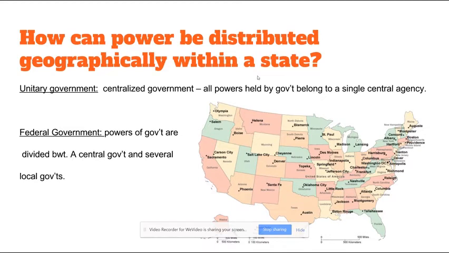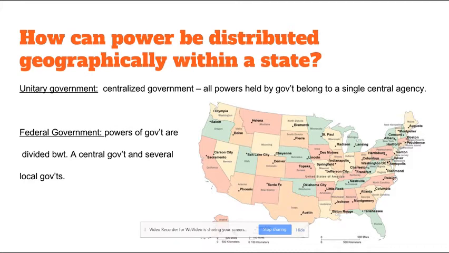Let's take a look at some examples. An example of an undivided or unitary government is Great Britain. All governmental power in Britain is held by a single agency. While local governments can exist in unitary governments, those local governments are not sovereign. They exist because the central government created them for the central government's convenience.